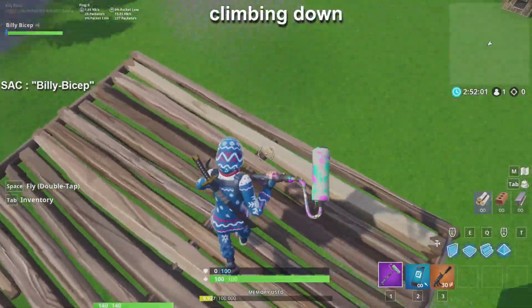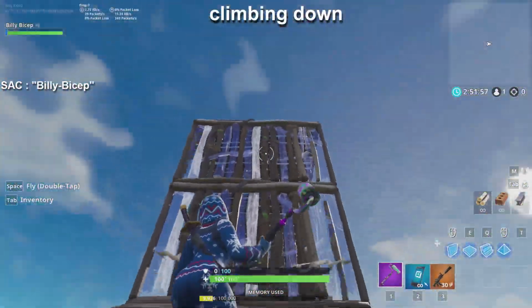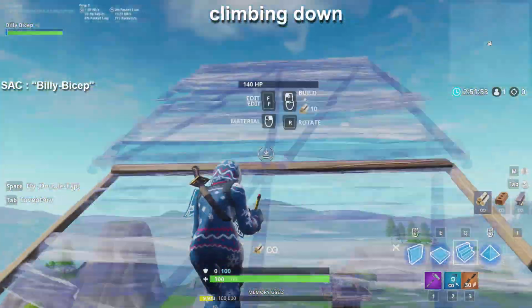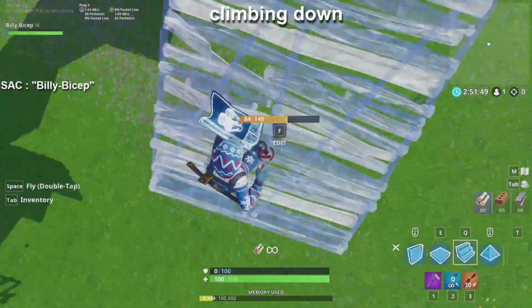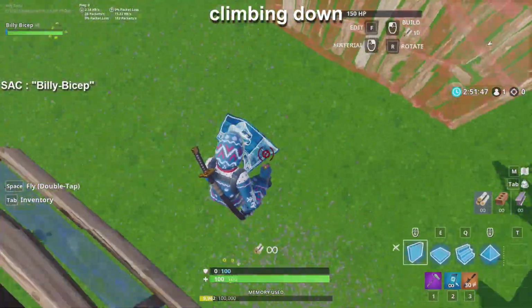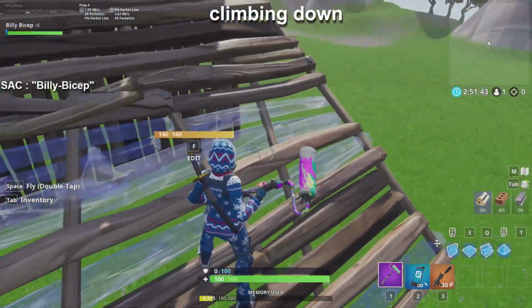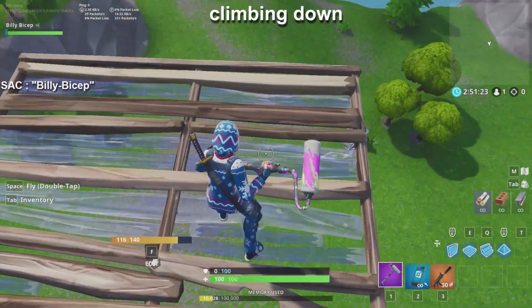And the best way to fall down from this structure by using buildings is to make 2 walls and then a ramp to catch yourself. Make sure when you try to fall, you look straight down. And know that if you place more than these 2 walls here, you will take fall damage as you land on this ramp. To speed up the fall as fast as you can,